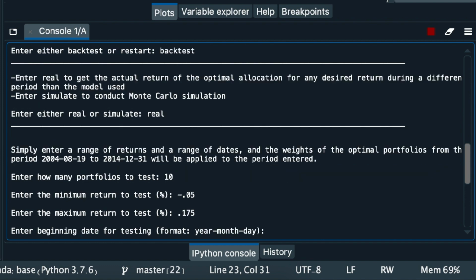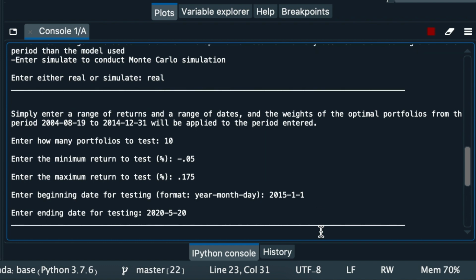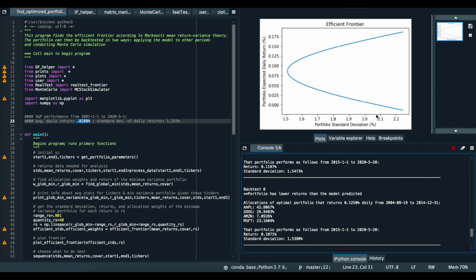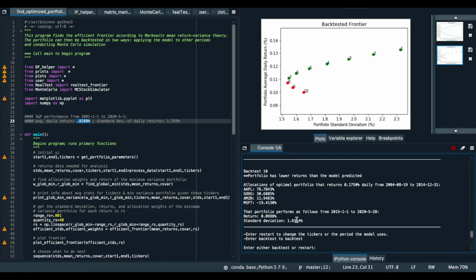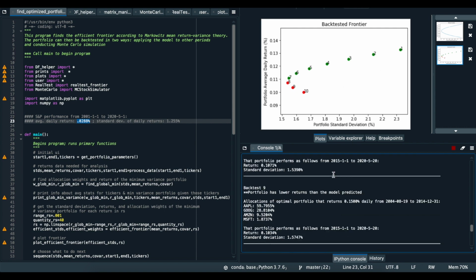0.175. And let's say we want to pick up where we left off. So test it from this date, the beginning of 2015, all the way to roughly the present day. So 2020, maybe 520. Okay. So now it's just going to take each of those portfolios, equally spaced along this frontier, and tell us how they performed. Okay, so you can see roughly a sideways parabolic shape again,